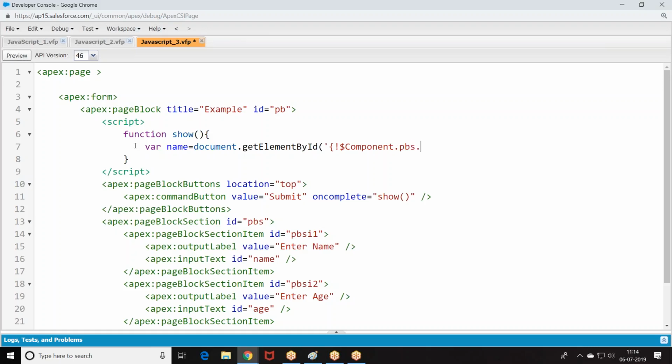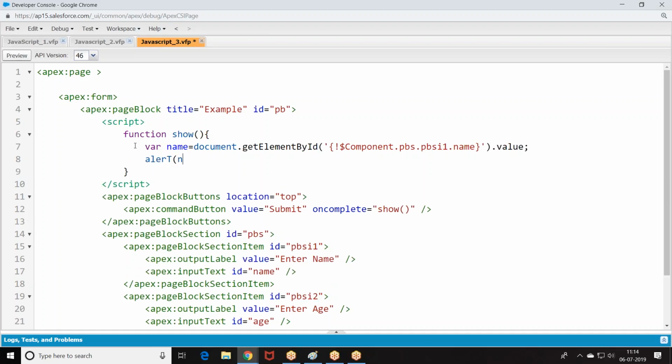PBS I1. Now from wherever I am, from that location I was trying to get the data.